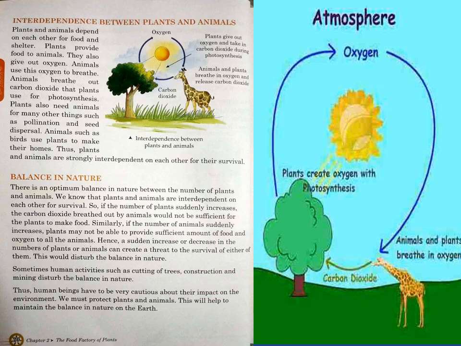pollination. Pollination is the way by which, how I will explain because you people don't know this, the part of the flower is carried from one flower to another flower by the insects, and through this way the reproduction process is taking place in plants. And the second one is the seed dispersal. That is, most of the birds and the small insects used to take the seed from one place to another, and this way plants are grown and their reproduction system is generated. It is going on. That is, their next generation is coming.